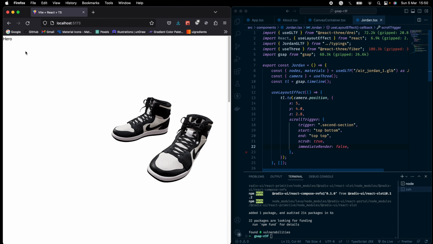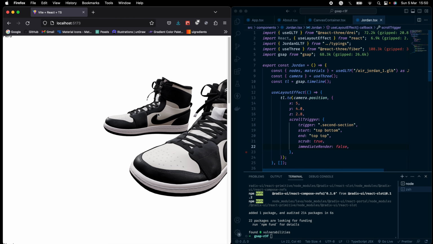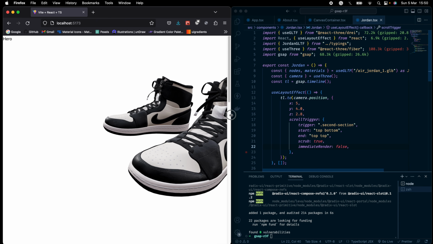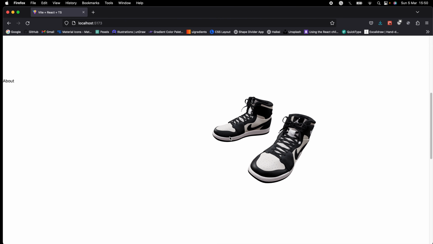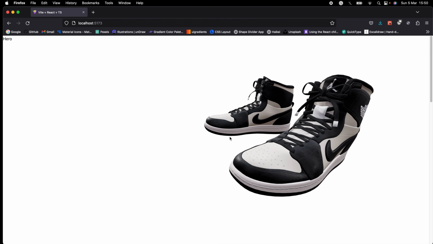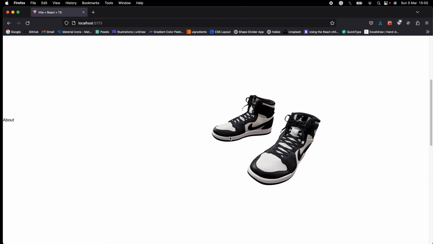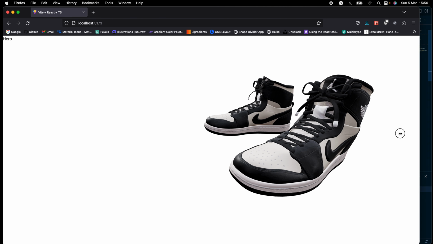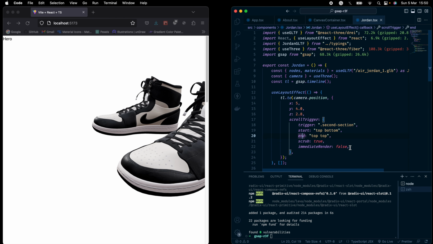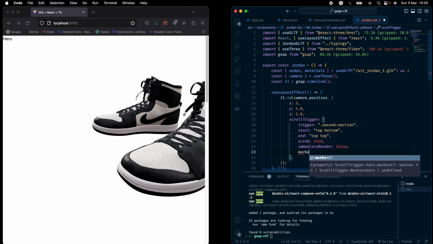So giving all those values, as you can see now, as I am scrolling, the animation is being made, which is very cool. So now as for what these values are, let me actually, there's an attribute called markers